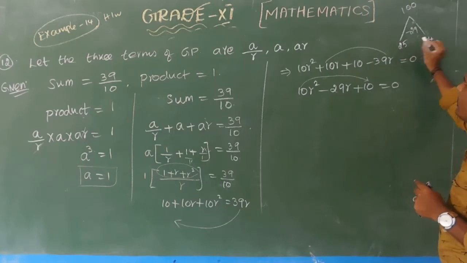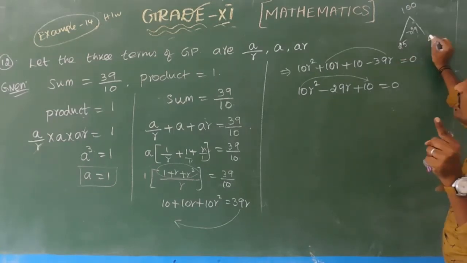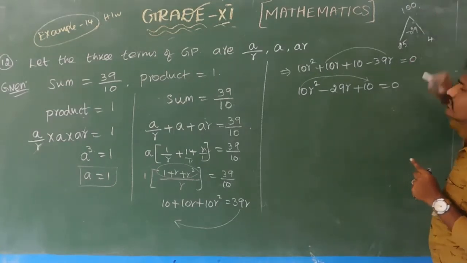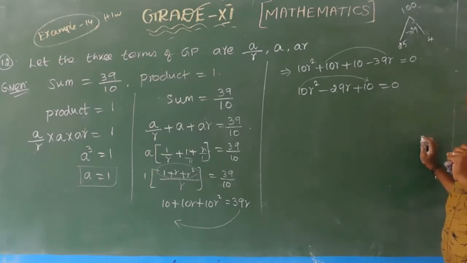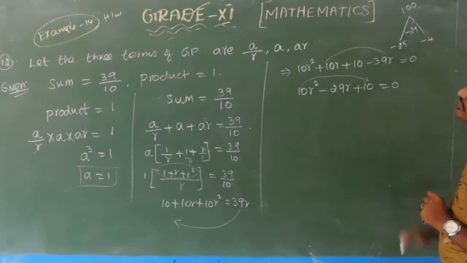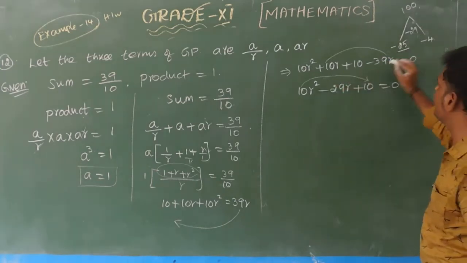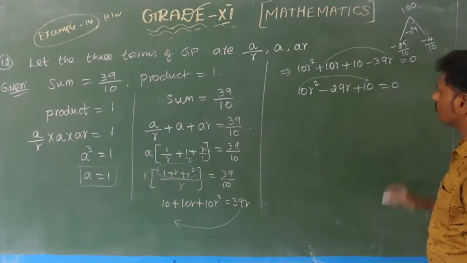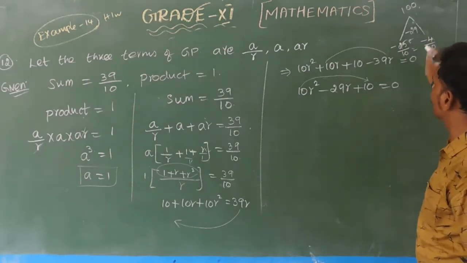Why? Because 25 plus 4 is 29 and 25 into 4 is 100. But here you have one problem, that is you have a minus. So I am giving minus on both also. So minus 25 and minus 4 are the factors of 100. Now I am going to divide the same number by 10 to get 5. 5 5s are 25, 2 5s are 10.